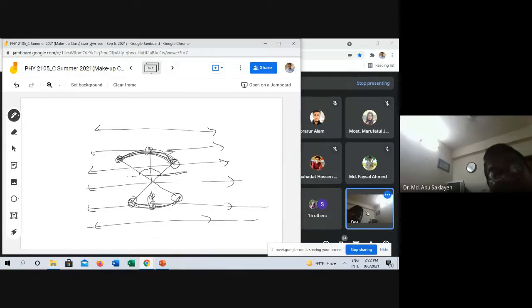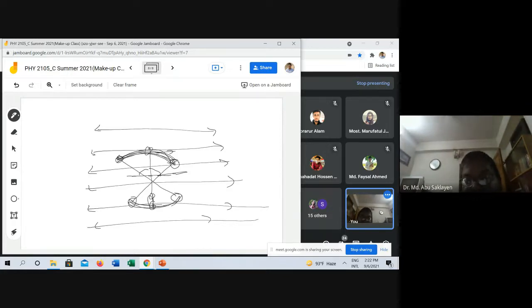So if the electric field is constant, it will circulate, rotate like this. But if the electric field is varying, it will oscillate in this electric field. So we use this property of dipole in an electric field in our daily life in many ways. So if the field is constant, the dipole will